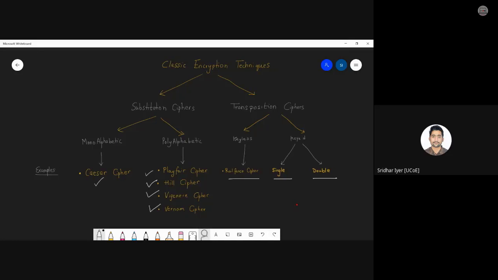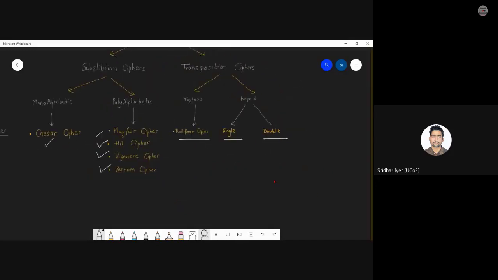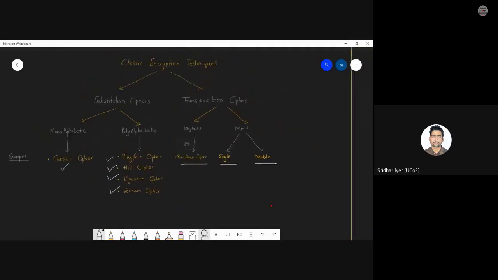Fine. So these are the two objectives of any cipher. The first one is substitution, and second one is transposition. That is permutation and what we can say confusion. These are the two terms we are going to learn later on. Fine. So let's start with the very first cipher, that is what we call as the rail fence cipher.